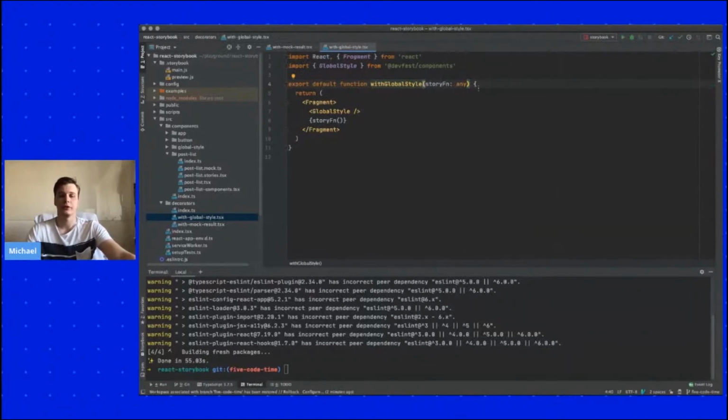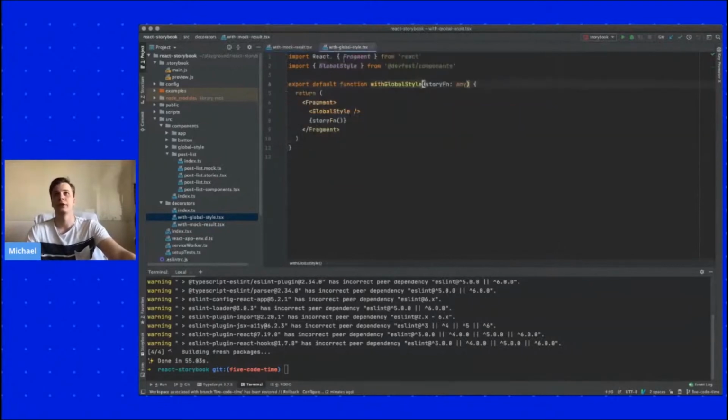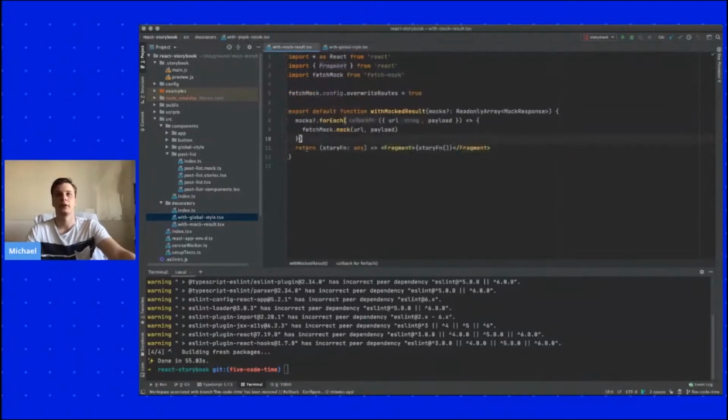That means it's a callback, and it will run later. But if it's returning not a call and not a function, it's just rendered. Here we return a story function with our prepared mocked